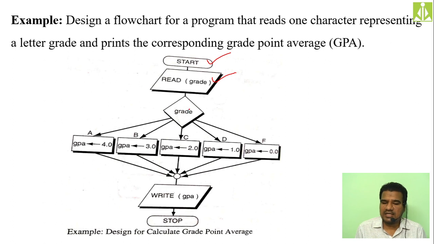So if the grade is A, your GPA will become 4.0 and that 4.0 you are printing. If the grade is B, your GPA will become 3.0 and that 3.0 you are printing. If the grade is C, your GPA will become 2.0 and the 2.0 we are printing. Similarly, if the grade is F, your GPA will become 0.0 and that GPA we are printing and we are stopping. Very simple. Multi-way selection, because whenever you are framing the condition, whenever you are framing the expression over here,